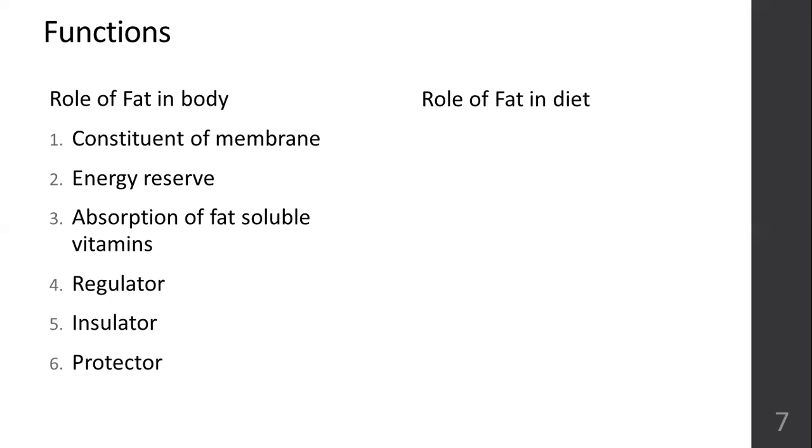Role of fat in diet. First role is the source of energy. We all know 1 gram of fat will give you 9 kilocalories of energy. Then satiety value. The diet that is made with fat will keep you full for a longer period of